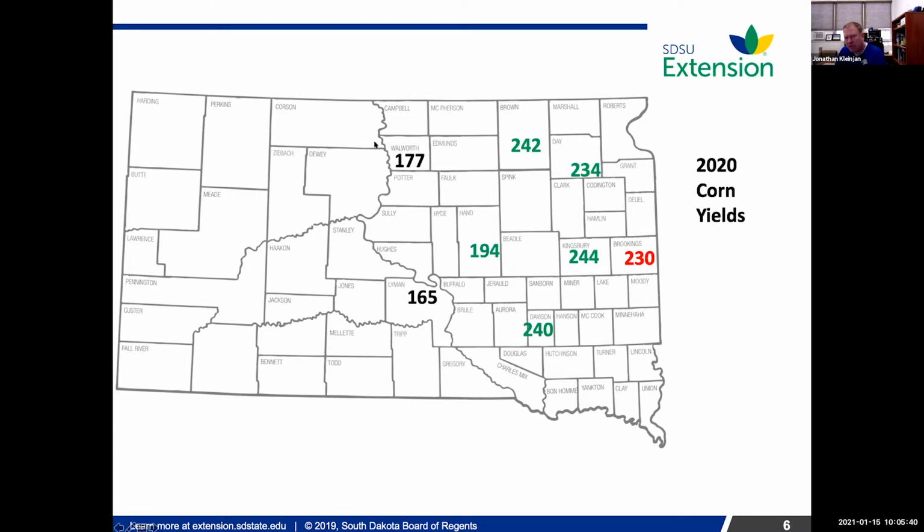We kind of got dinged by frost up here in Selby, and we'll see that, I believe, in the next slide. I'll talk about that. Miller, we kind of ran out of water, although still very good corn yields for the Miller area, I think. But overall, James River Valley, very good corn. Mount Vernon was outstanding this year. And Brookings, I think our 5-year average in Brookings is around 250. So below average there, as I said, we ran out of water.